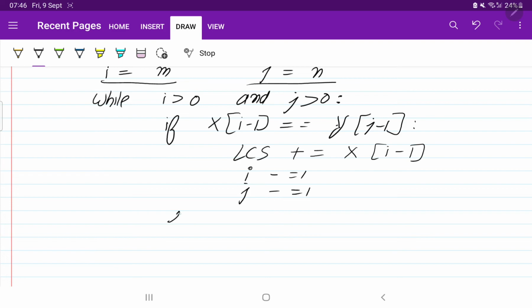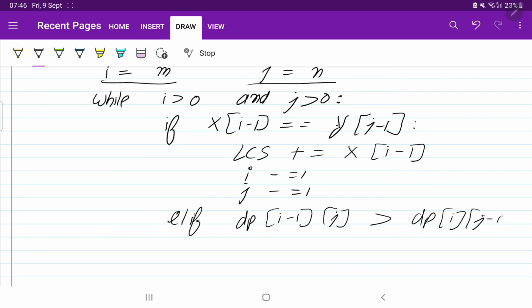Now we need to check which element is greater. Sorry, this time we need to check if dp of i minus 1 comma j is greater than dp of i comma j minus 1, right? I told you we need to move in the maximum direction.